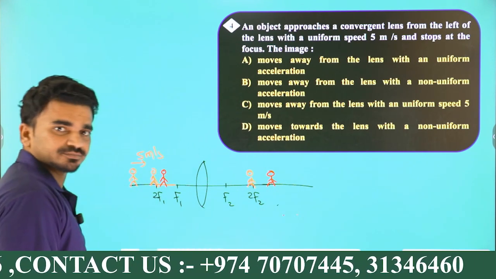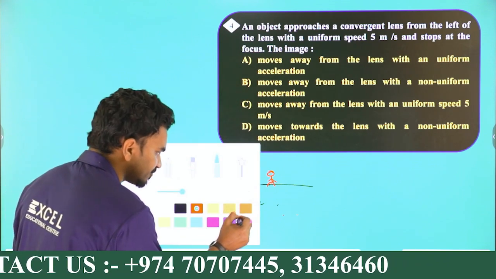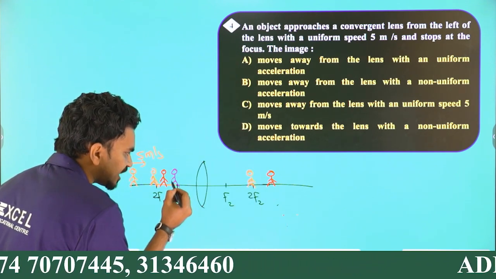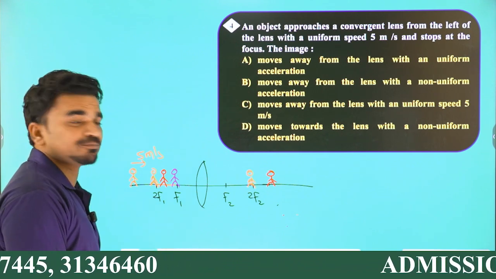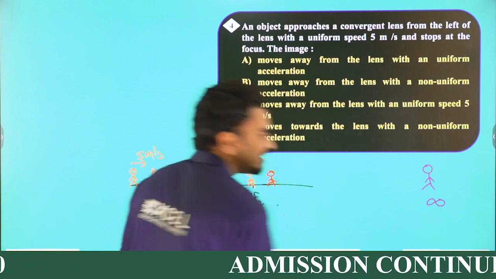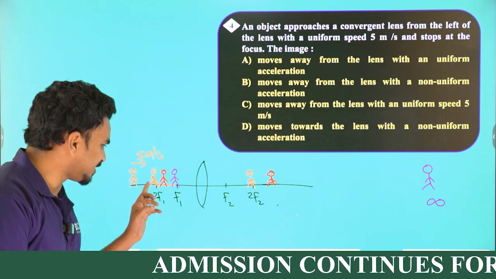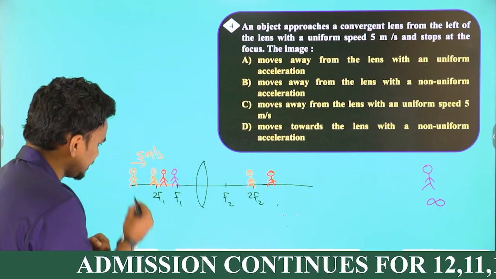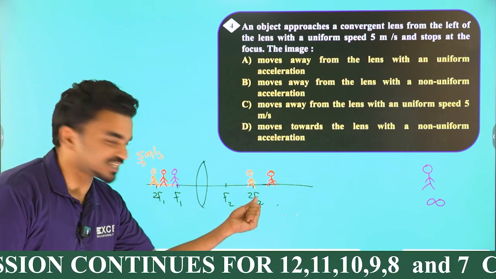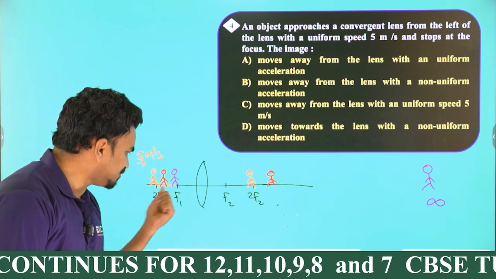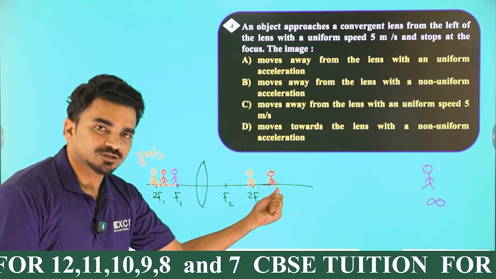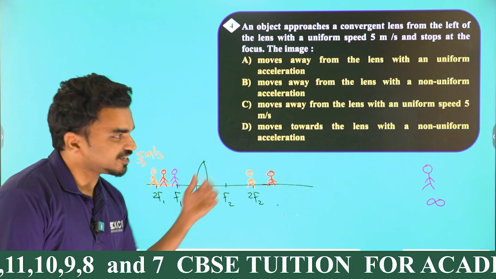Second case. Let me use a different color in different situations so you can easily recognize. Then when I reach f1, at the focus, where do you see my image? My image will go to infinity. So what I said: when I am at 2f1, my image is at 2f2. When I am in between f1 and 2f1, the image will be away from 2f2. Then when I reach f1, the image reaches